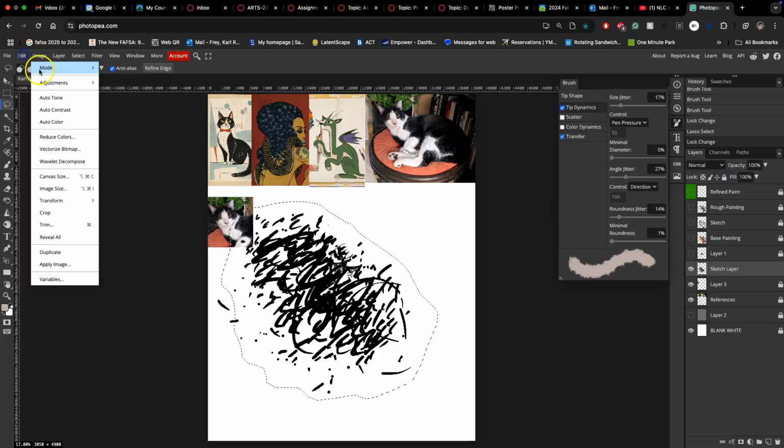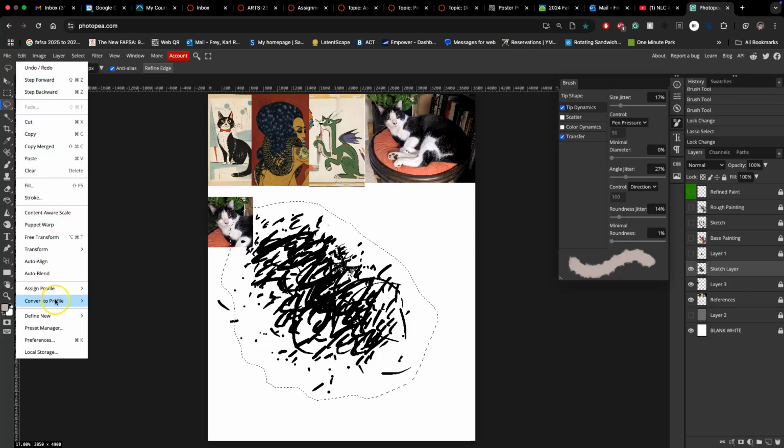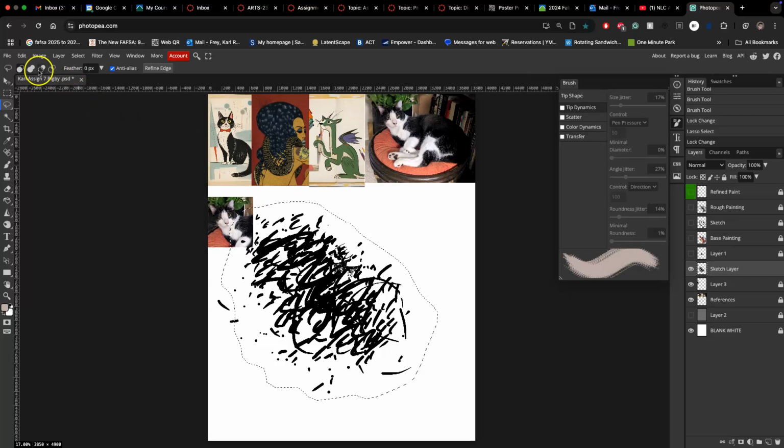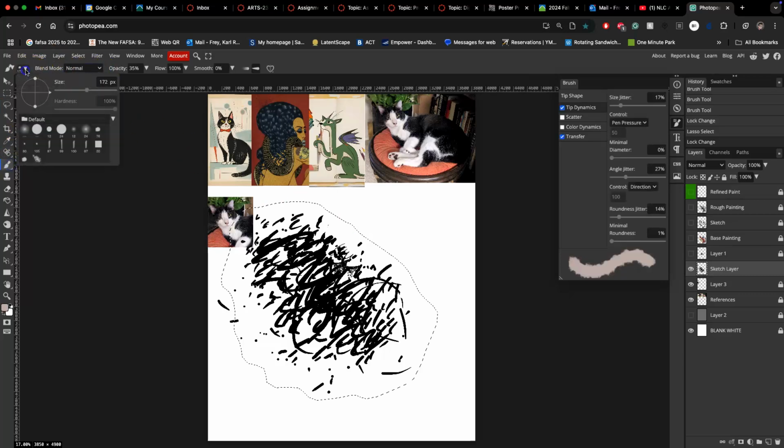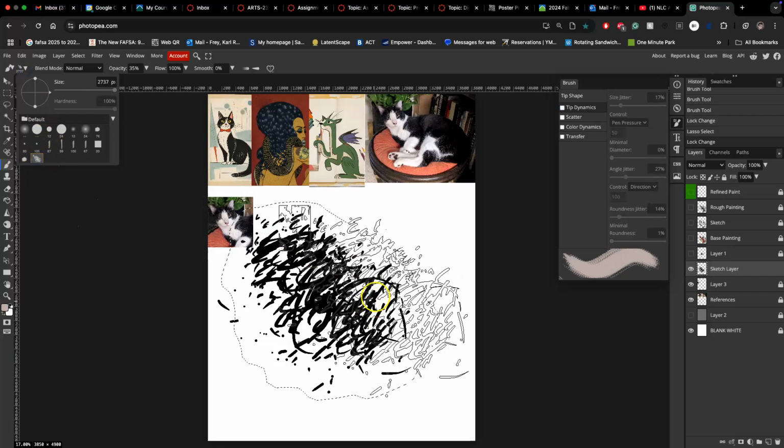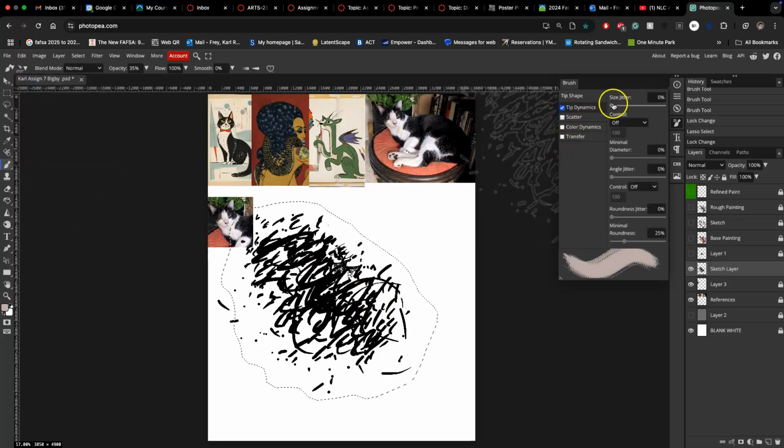And then say Edit, Define New Brush. Now the brush has been added. So when I go to Brush, I'll see it. And then I want to customize it with tip dynamics, size jitter, control based on